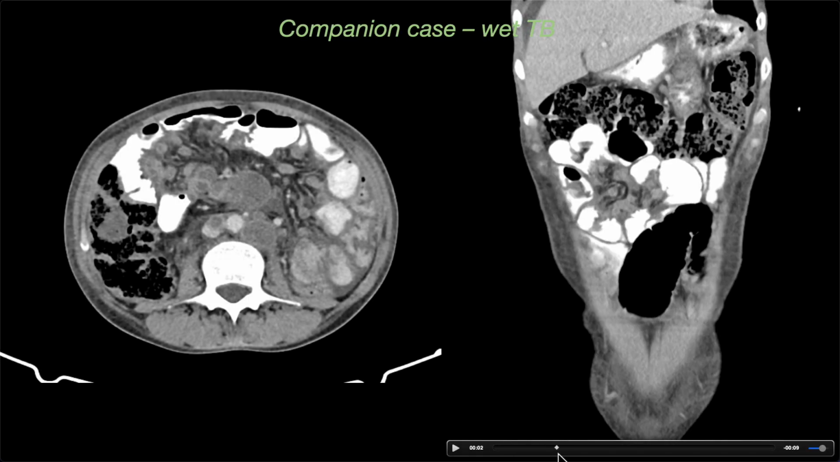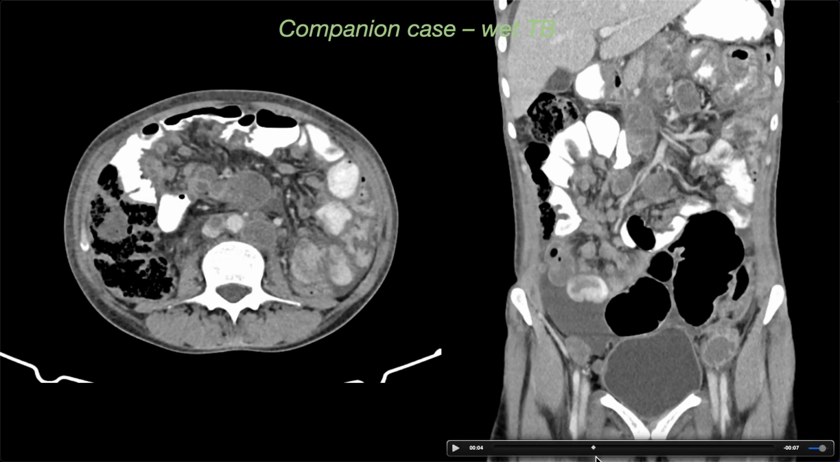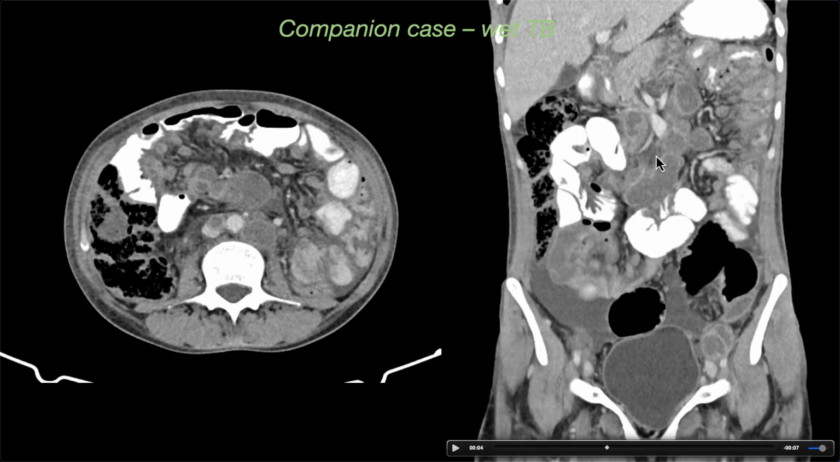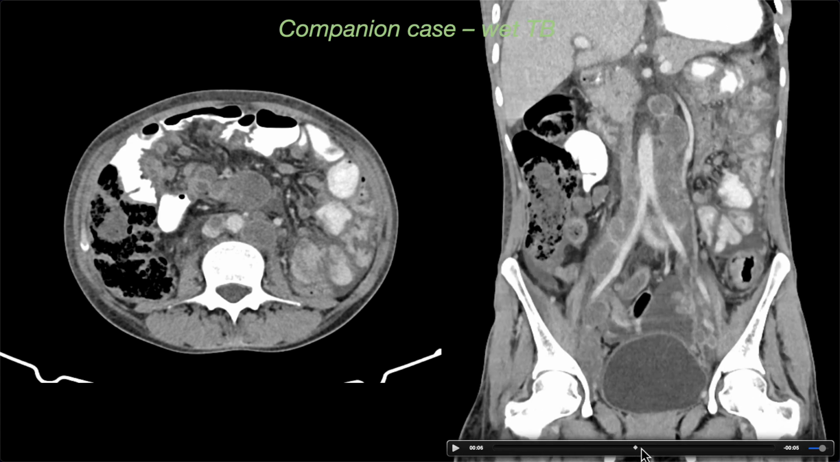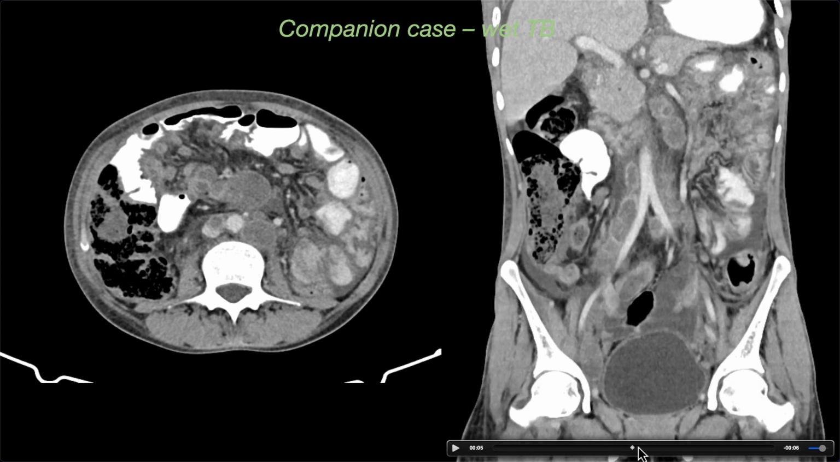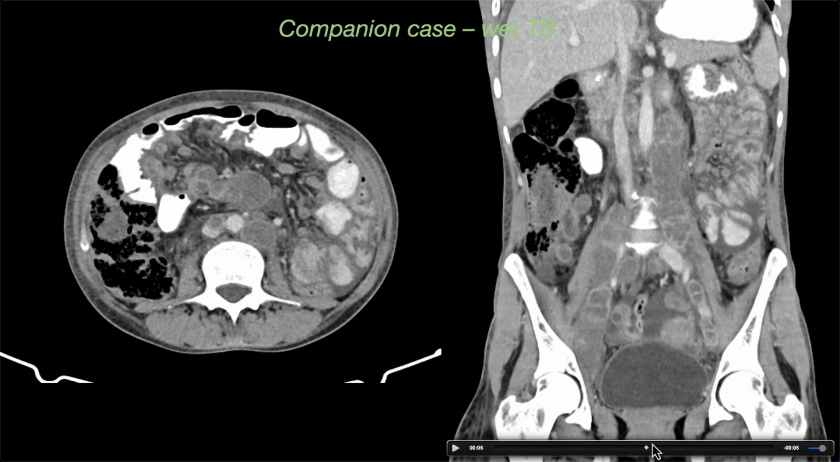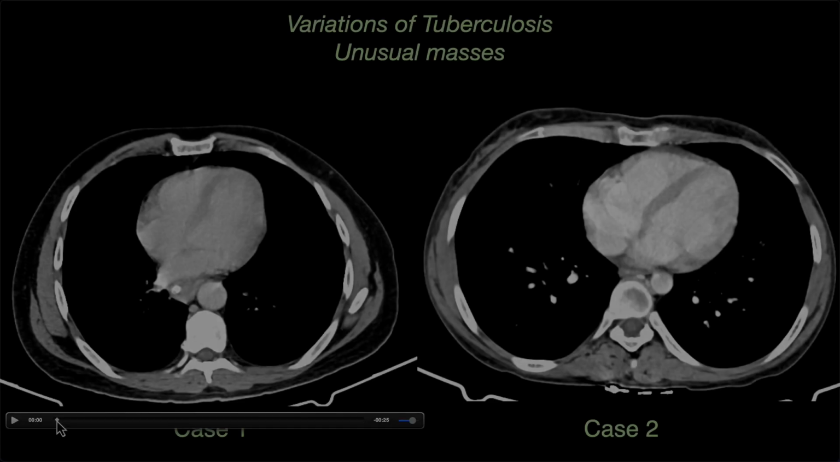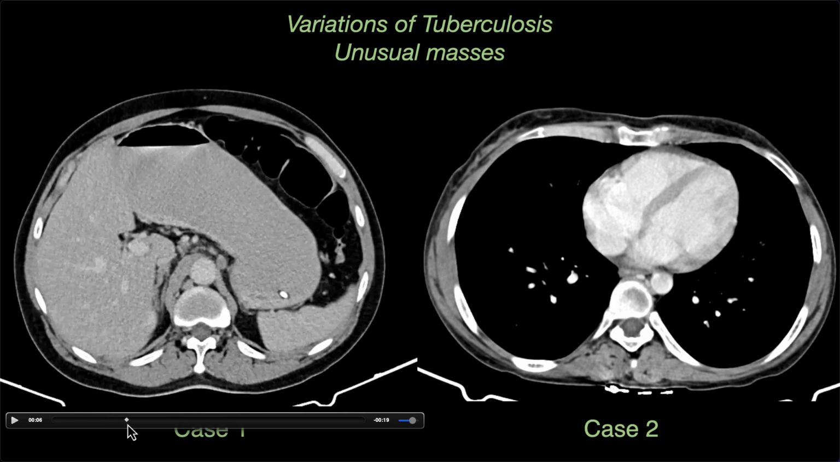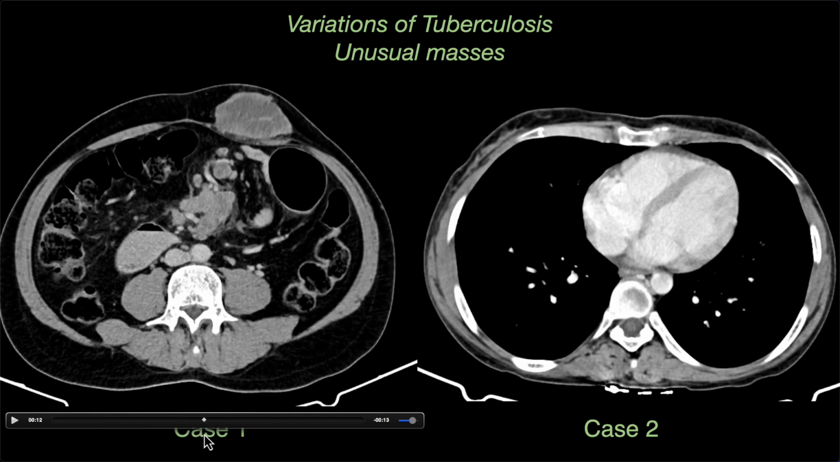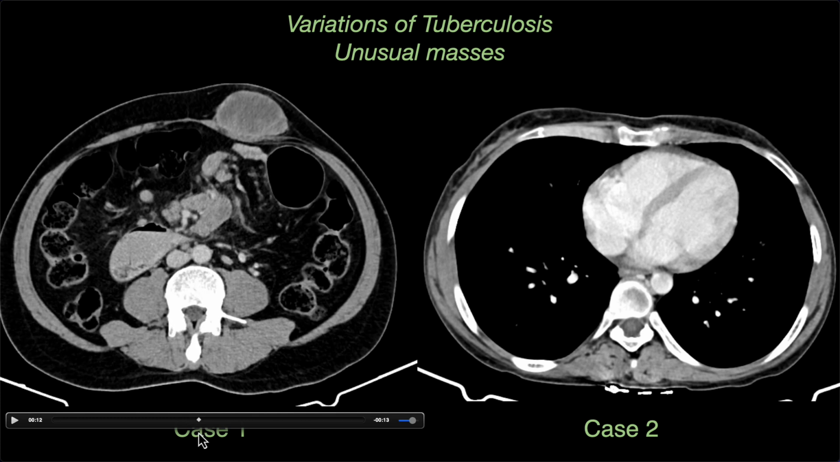And again, the coronal images provide a really great overview, where we can see a similar large conglomerate in the central mesentery here in the upper abdomen, but also really impressive nodal involvement of the retroperitoneum surrounding the aorta and extending along the iliac chain. In addition to cystic adenopathy, which we can see here in the central mesentery in this patient,